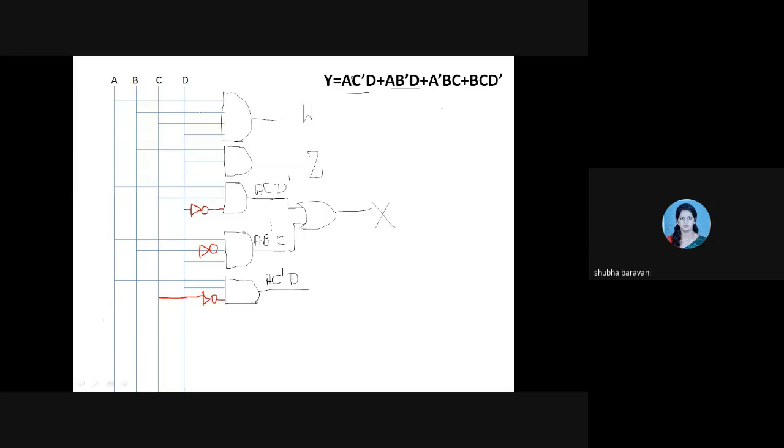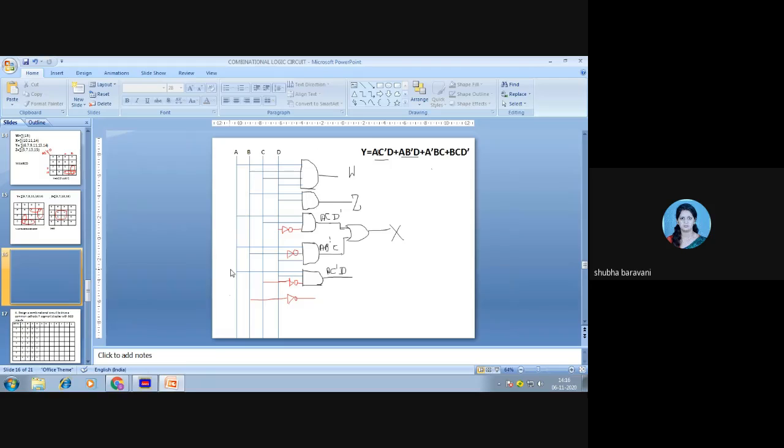Then A B bar D. Let me draw B bar first. This would be your B bar. A, B bar and D you get.